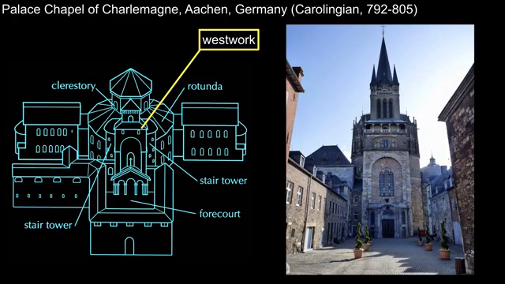On the exterior of the structure, there is a vertical element added to the western side of the church, or the traditional side where the entrance is located, called the westwork. Originally, it had two round towers flanking the entrance to the church. In the westwork, we see the development of a distinct feature that will come to dominate church architecture in Western